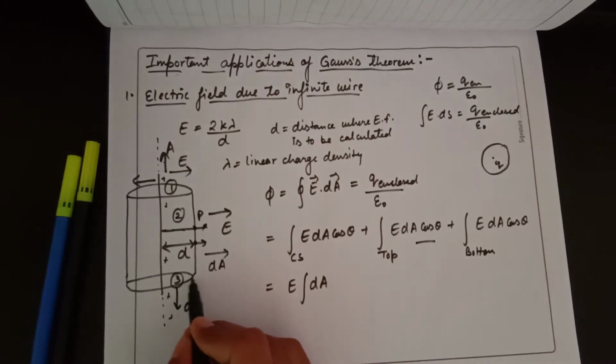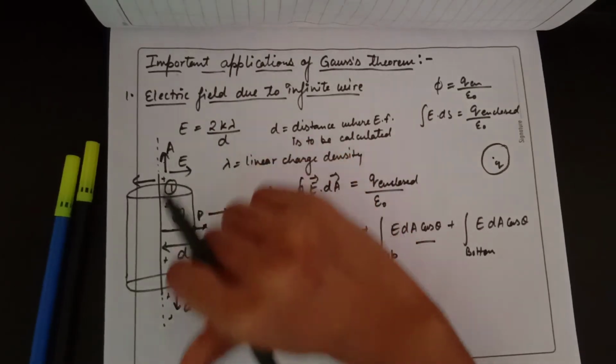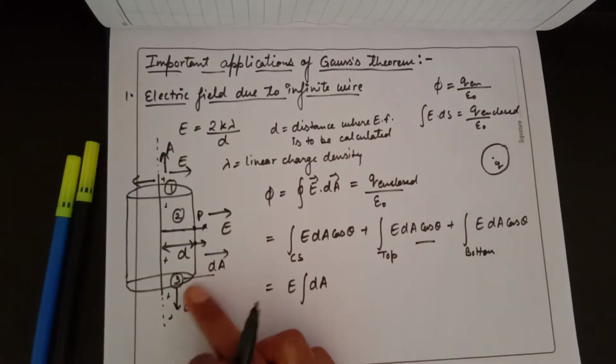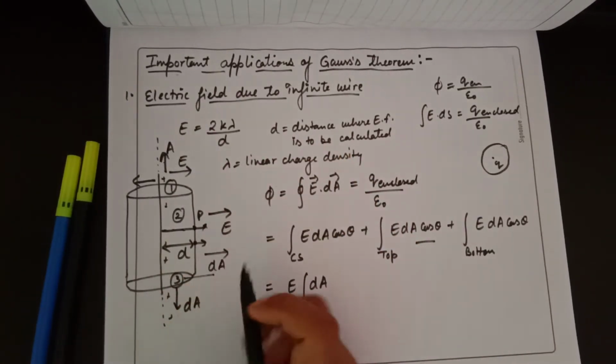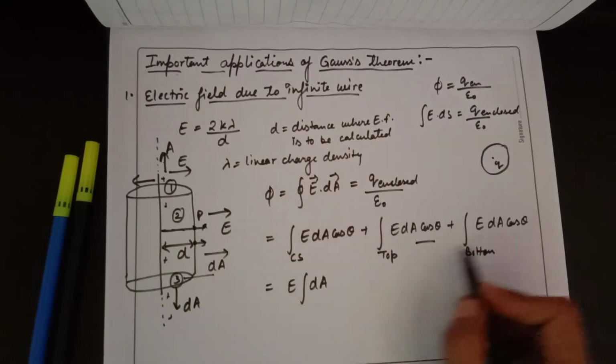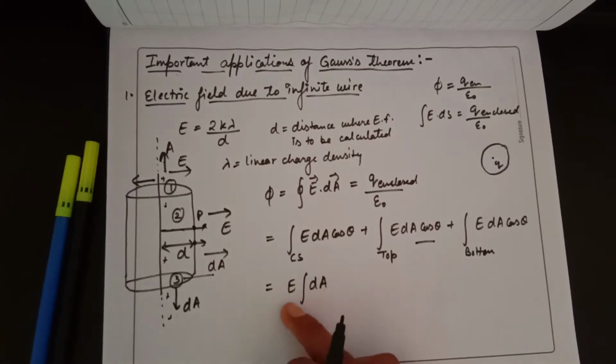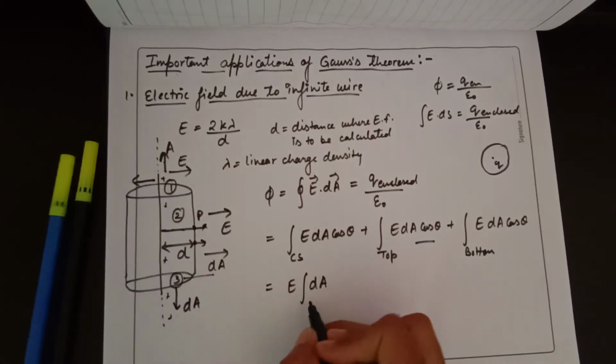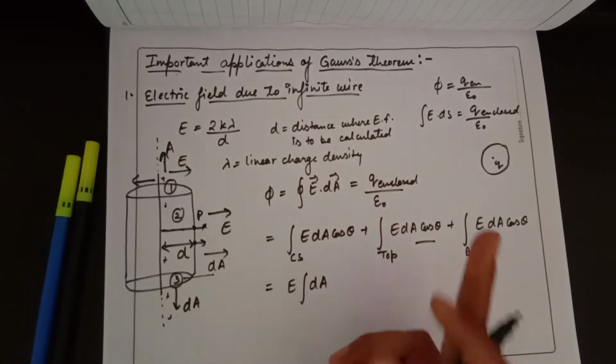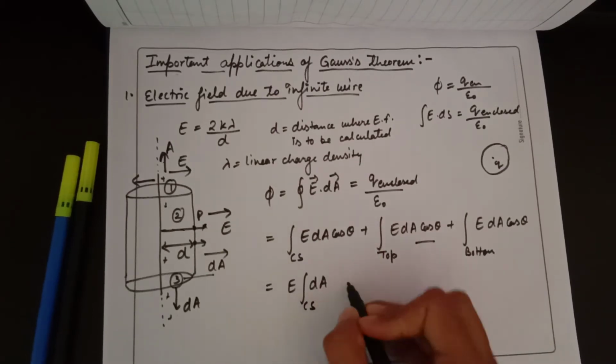For the bottom surface, E is in this direction and the area vector is in the downward direction. So the angle is again 90 degrees. So we are only left with this integral E dot dA, and dA means the area of the curved surface only,